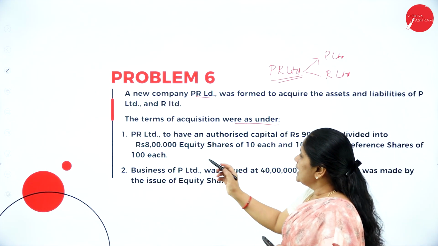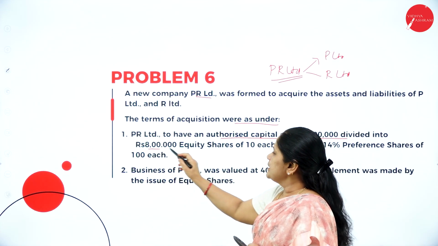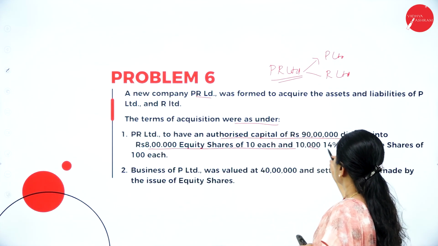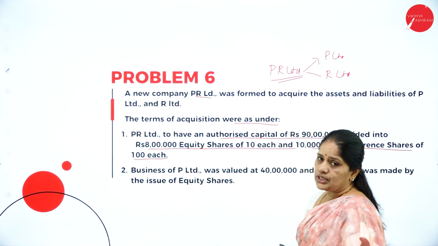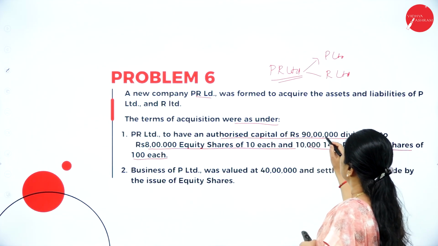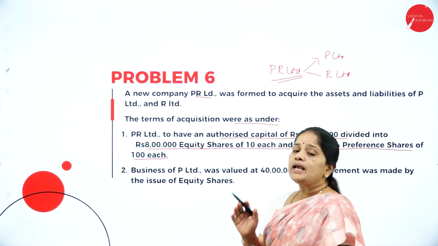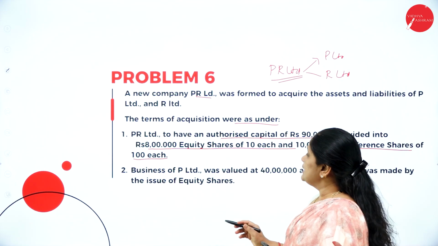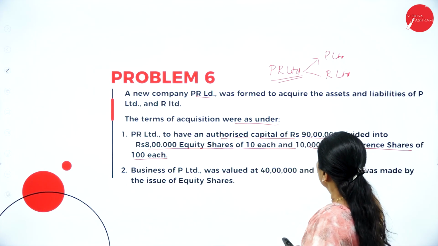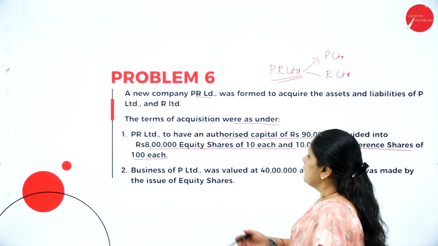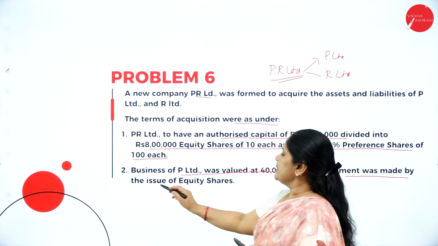PR Limited is to have an authorized capital of 90 lakhs divided into 8,000 equity shares of 10 each and 10,000 14% preference shares of rupees 100 each. Now, PR Limited is the new company being formed. It has a capital of 90 lakhs, which is divided into 8 lakhs worth of equity shares and 1 lakh worth of preference shares. Then, the business of P Limited was valued at 40 lakhs and settlement was made by the issue